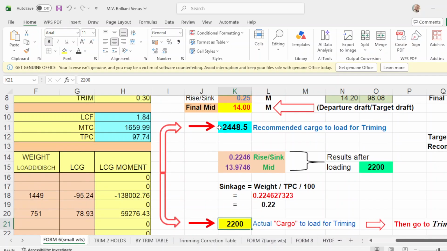Let's not do this first. Since we don't know our mid draft, we will put this to discharge of 3,500.